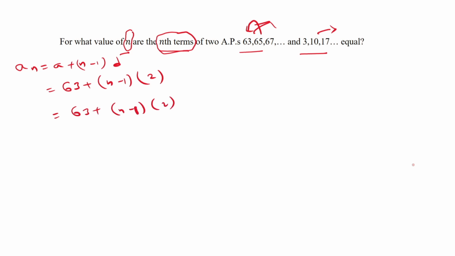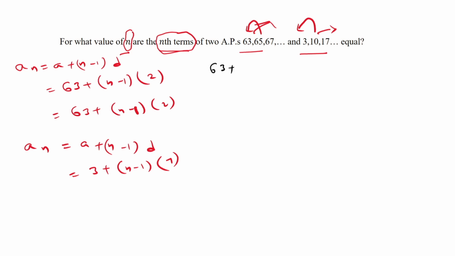Now taking the second progression, for the second progression also I am writing the nth term. An equals a plus n minus 1 into d, which equals, a value is 3 plus n minus 1 into common difference, second term minus first term, that is 10 minus 3, which is 7. Okay, now he said very clearly that the nth terms are equal to each other, right? So let us equate these two to each other, that is 63 plus n minus 1 into 2. I'm separating, 2 into n is 2n, 2 into minus 1 is minus 2,